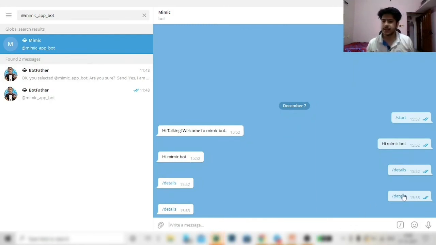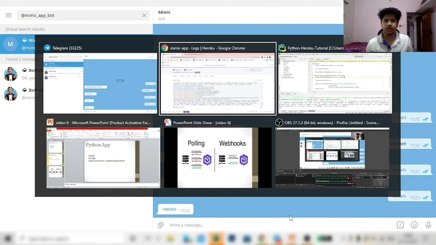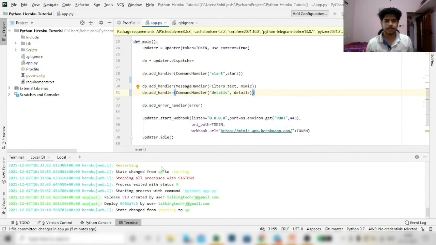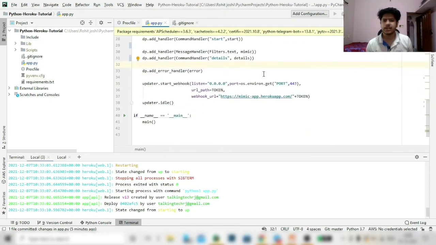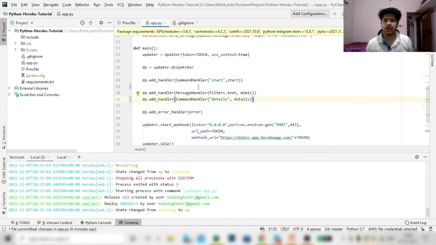But here it is detecting /details as text, not as a command, because it is just reverting the same. So let's check what the issue is. Okay, everything is correct, there is no issue at all.